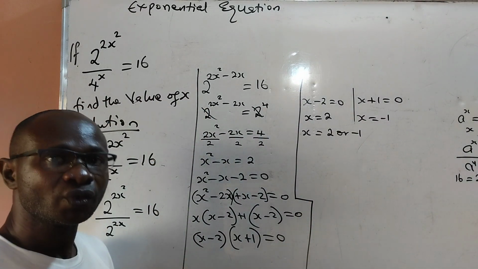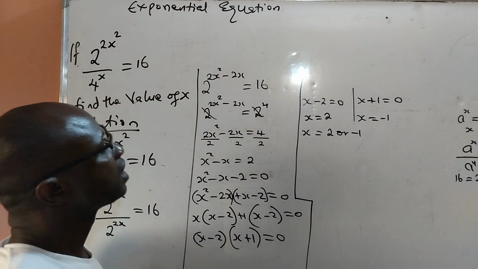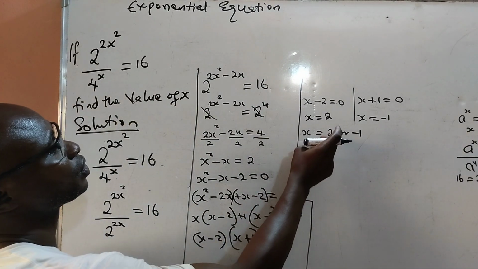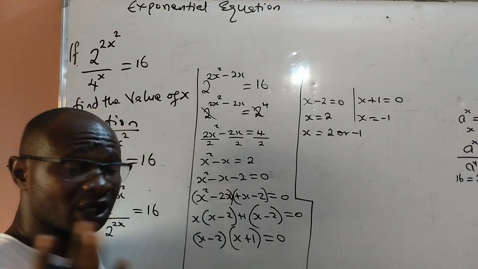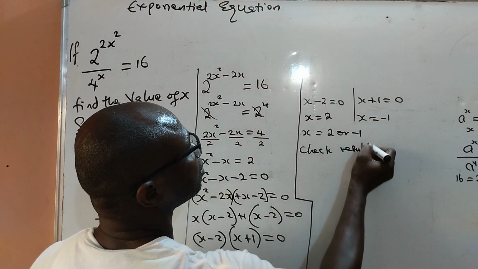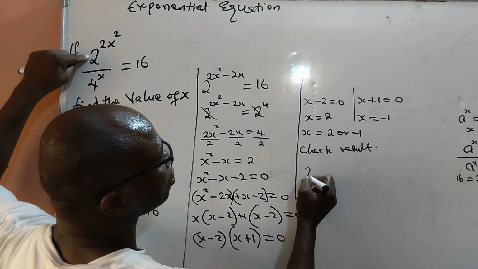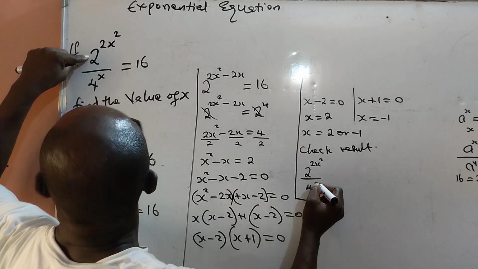A quick one. We have gotten what the question asks us to find, that is finding the value of x. What we do quickly now is to replace the values that we have gotten into the original equation to see if it is correct. Check result. So I have 2 raised to power 2x raised to power 2 divided by 4 raised to power